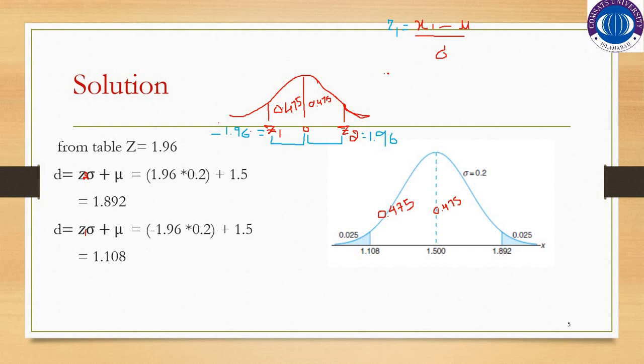So this z1 is here minus 1.96, and this one is d, as we have subtracted d, and this is minus mu, which is 1.50, and divided by 0.2. By simplifying this, we will get d is equal to